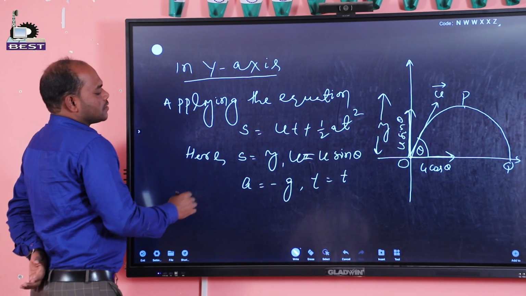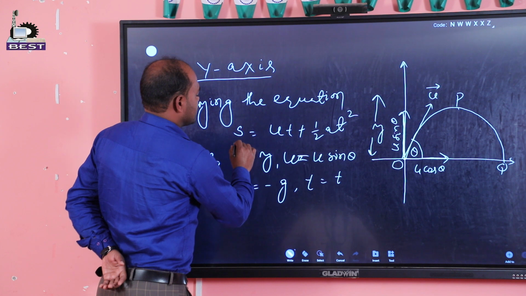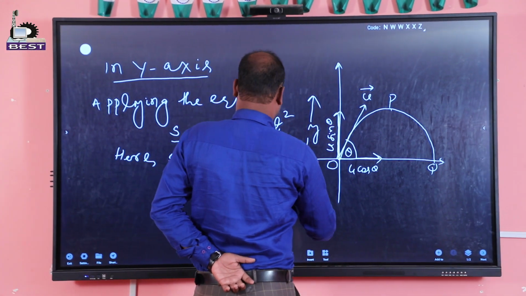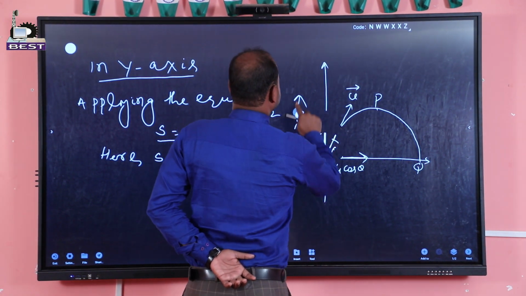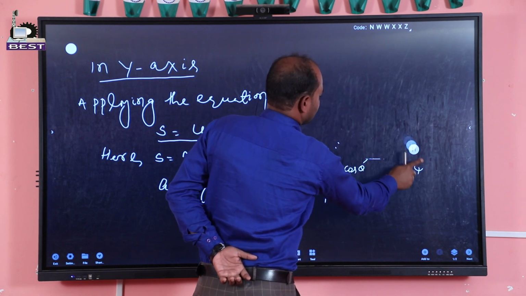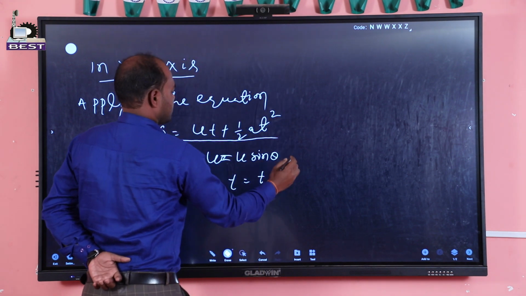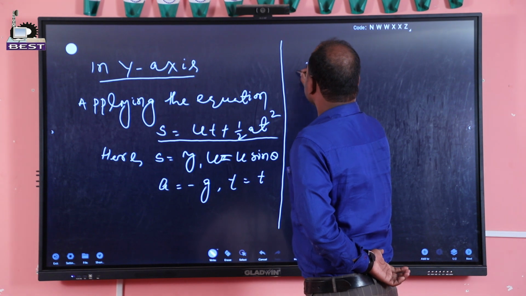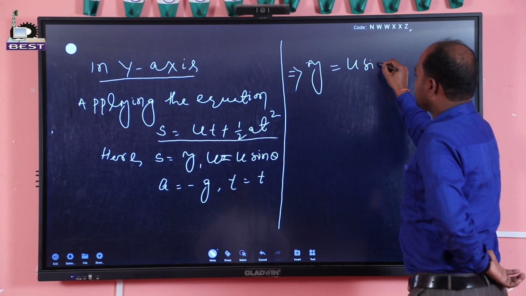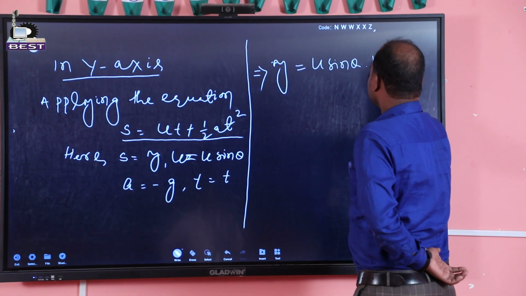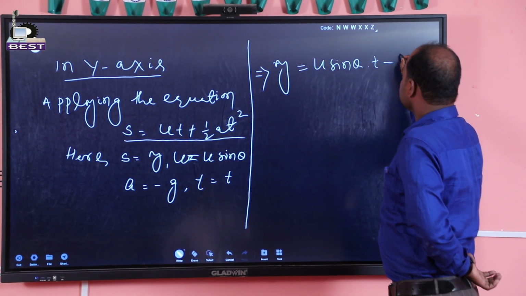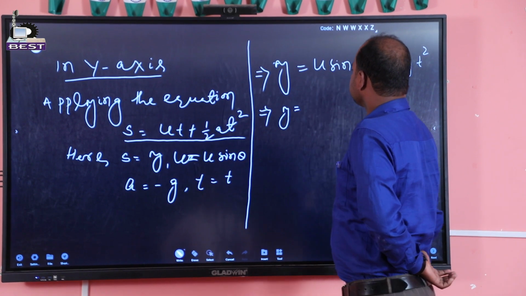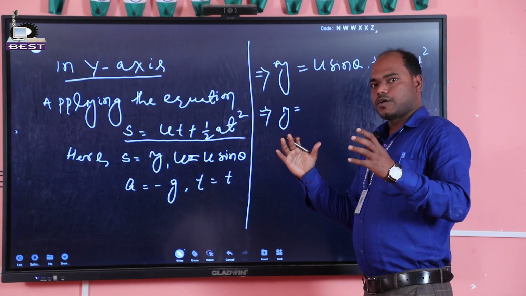Clear? Next, putting the values of s, u, a and t in the equation s equal to ut plus half at square, we get y equal to u sin theta into t, and putting a as minus g, it will be minus half g t square. That implies y equal to